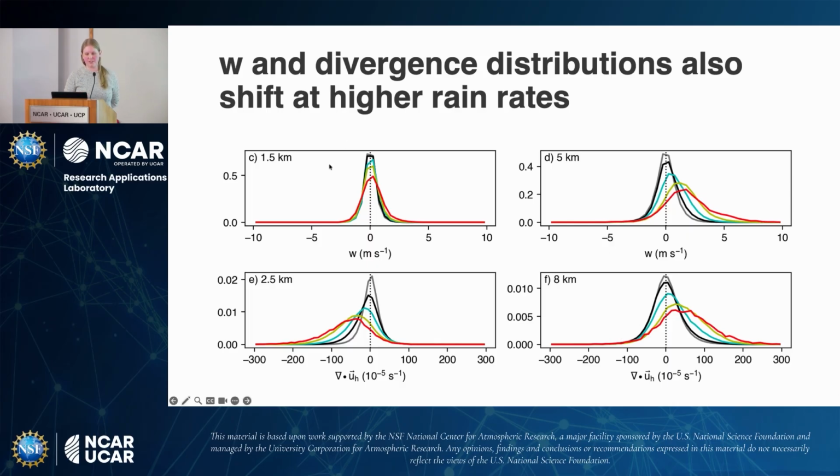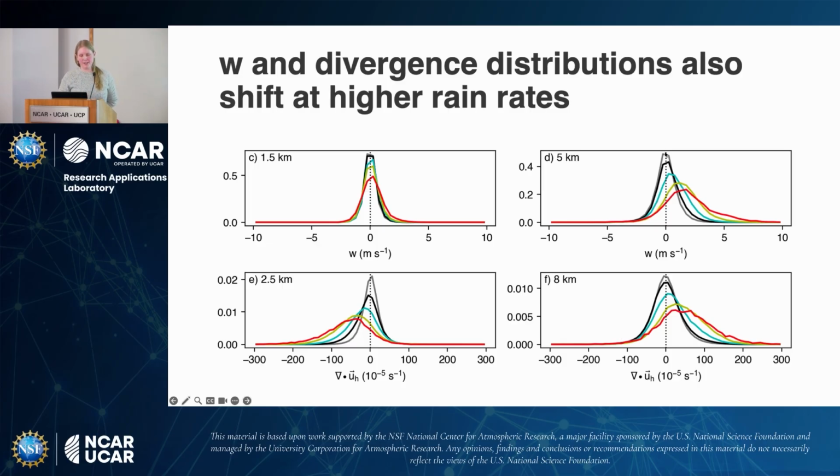So for example, focusing on W first, we can see a much stronger and more dramatic shift. There was a shift in the vorticity, but it's much weaker. Whereas the W, as we might expect, this is nothing new, you have ascent in heavily raining grid boxes. But you see a strong shift towards this ascent. Your tail goes to even higher vertical velocities than you do in the lightly raining spots. And it appears to be more prevalent in mid-levels than it is at low levels.